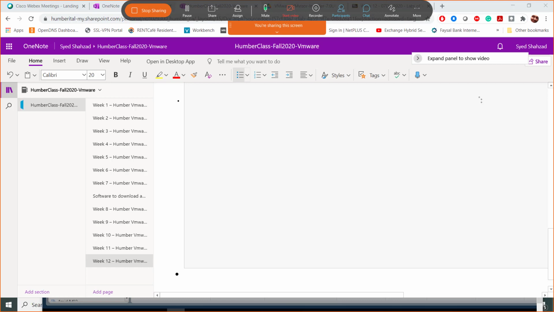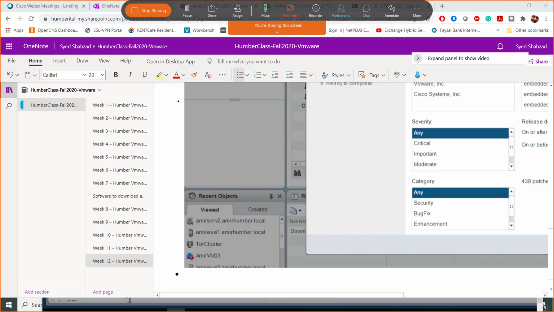Screenshot. 438 patches in VUM. Alright, so that is the 438 patches in one, and then we're going to go for the next one.